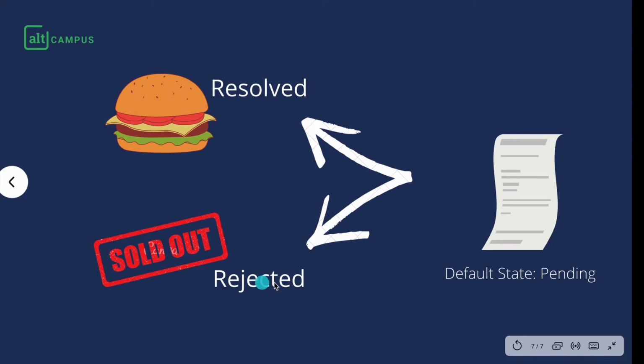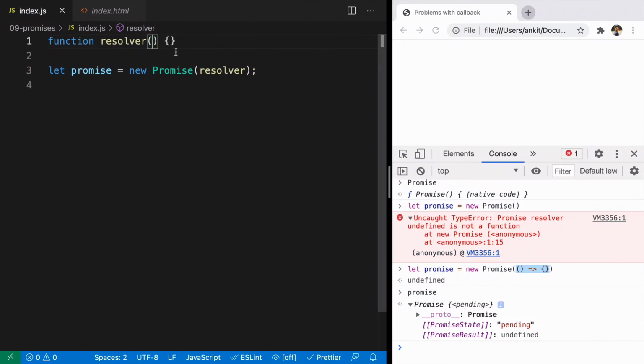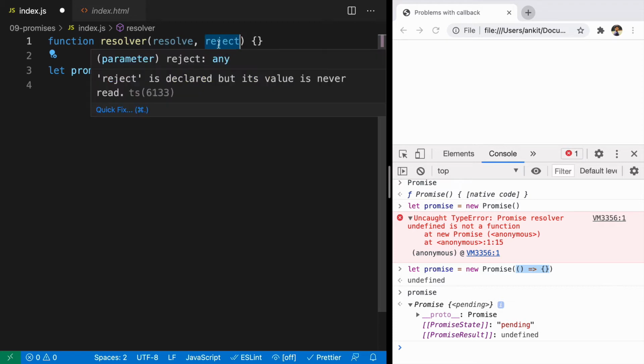Here in the resolver function, because we are passing it to Promise, we'll get access to two functions. The first one you can call resolve, and the second one you can call reject. Whenever you want to resolve this promise into a burger, you can call resolve. Otherwise, you can call reject.